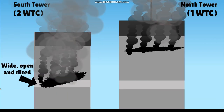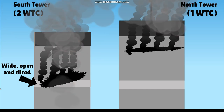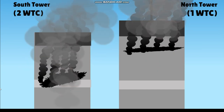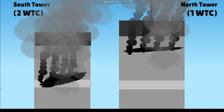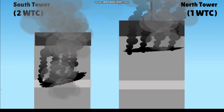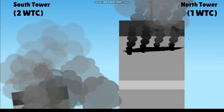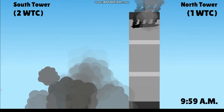The shape of the damage on the South Tower was wider, more open and tilted than the damage on the North Tower. The shape of the damage on the North Tower was straighter, narrower and horizontal than the damage on the South Tower. Since the South Tower had more damage and was located at a lower part than the North Tower, the South Tower could not hold the weight of the upper part of its impacted area much longer. Such extensive damage caused the South Tower to tilt over at around 20 or 30 degrees when it was about to collapse. That kind of impact caused the South Tower to collapse earlier than the North